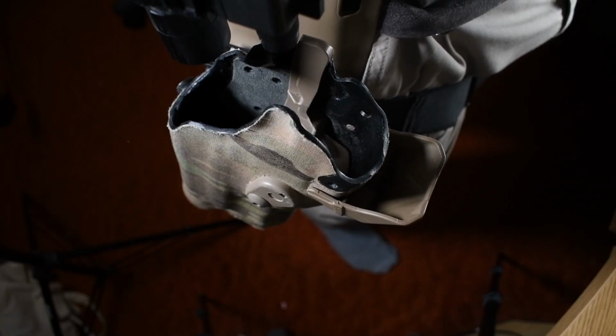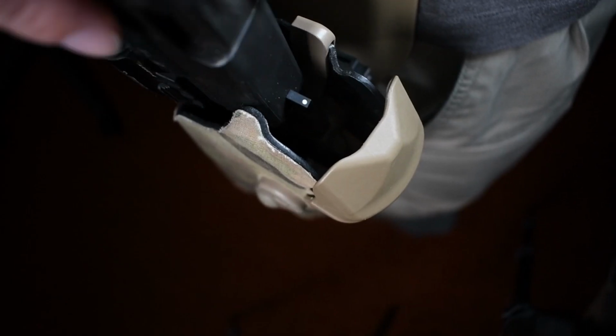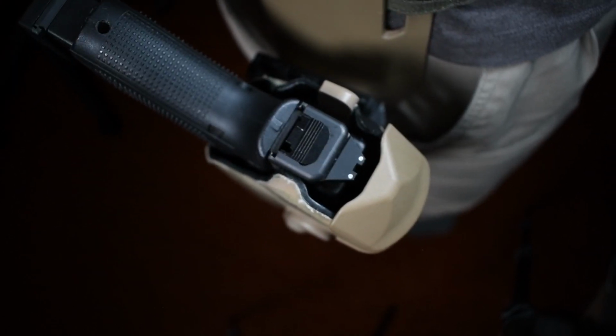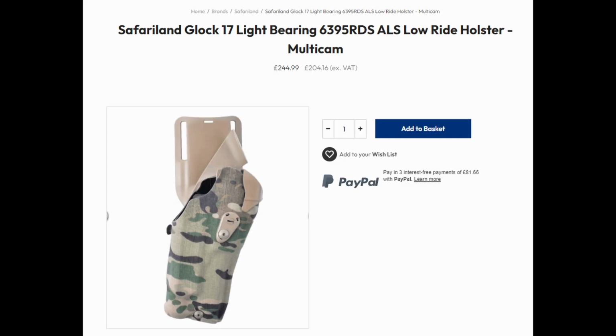One more tip, put your thumb on the slide when reholstering and it will stop that slide from being pushed back by any friction in the locking mechanism. This isn't a problem with proper guns, but these have much weaker recoil springs and no one likes a double feed. Lastly, the price. I paid 220 quid for this in 2021 and it's now up to 245